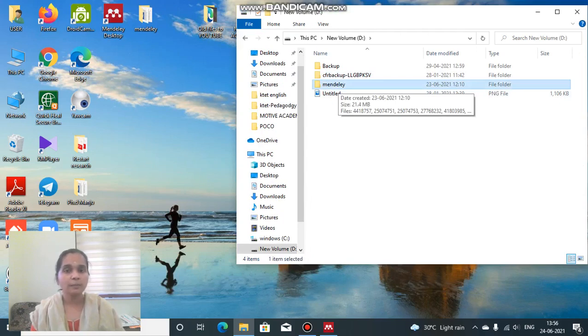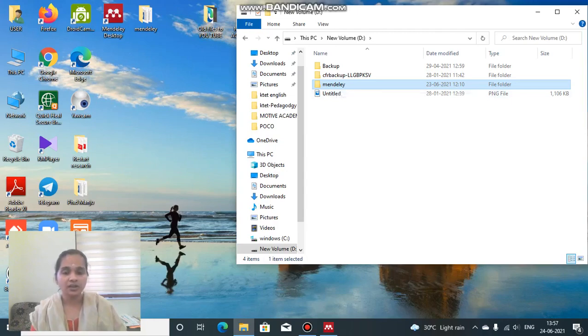If I want Mendeley to act as a watch folder, you can make this your watch folder. How to make it? So you have located it, New Volume D, Mendeley. That is a watch folder. So whenever I download files, all the research supplements or research references, I will be moving them to this Mendeley folder, so that whenever I move something to it, it will be automatically synced, or updated, to our Mendeley Desktop.